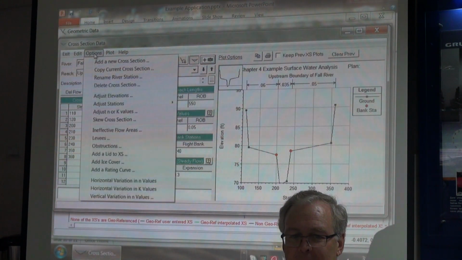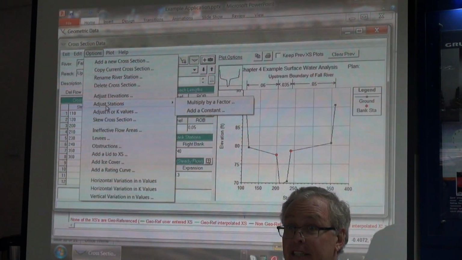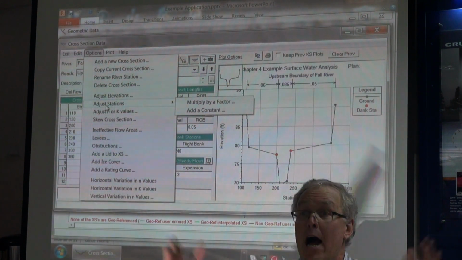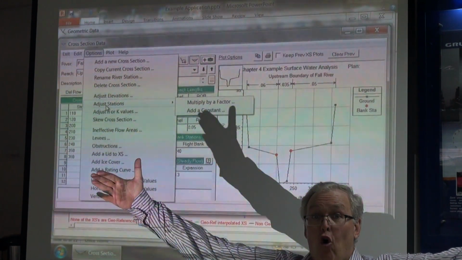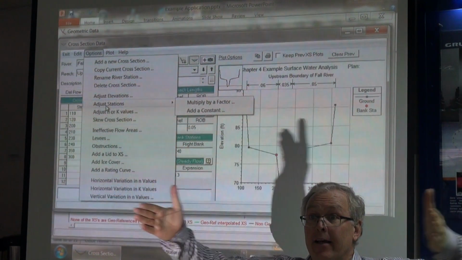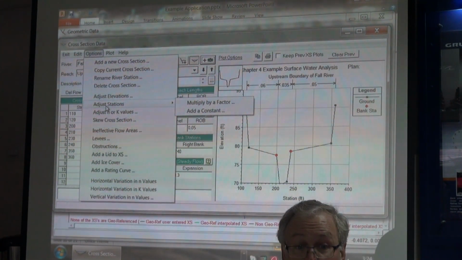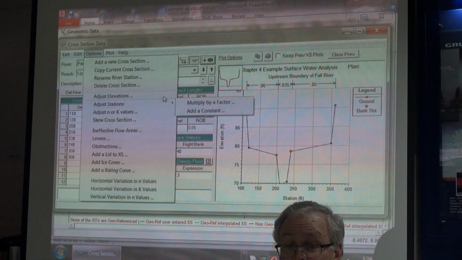Now, Options. Adjust stations. Okay. Now we can either widen or narrow the floodplain. Okay? So let's click on Adjust Stations, and you can either